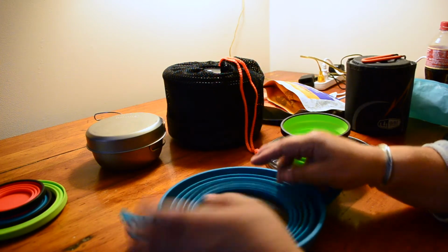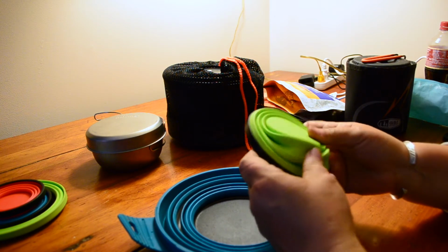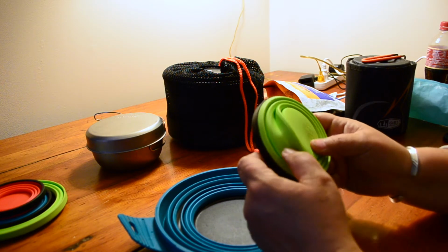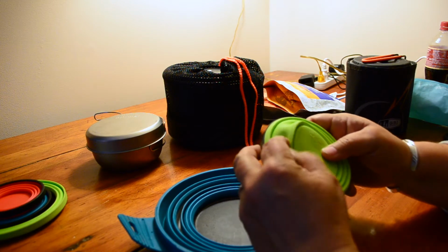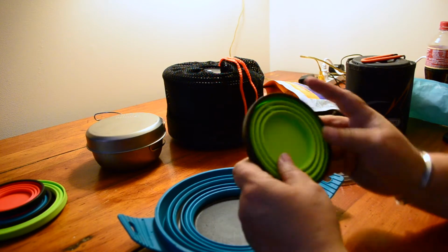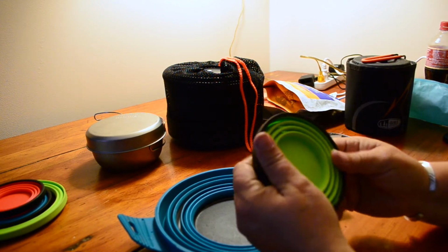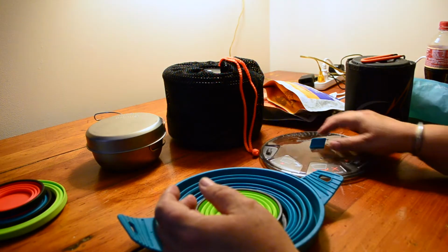I bought this set thinking, oh yeah, that's super convenient. It packs down really small and it's going to be great. And I've seen people on rallies using these. I am not a fan. I'm not a fan because I don't want to have to play with my cook stuff to get it prepped for me to go. And also this,